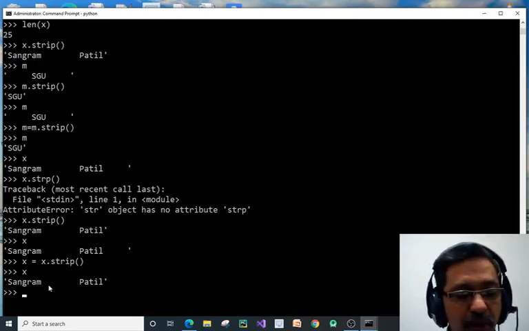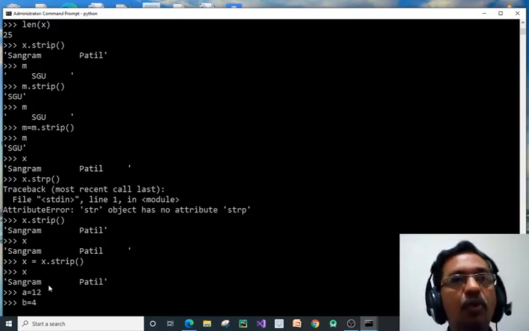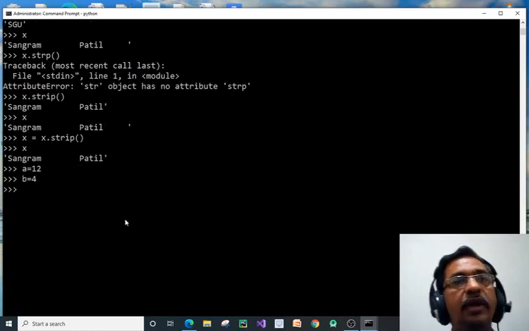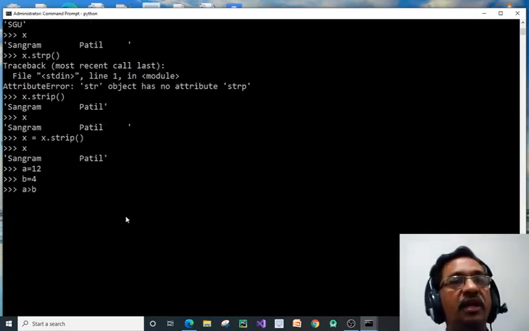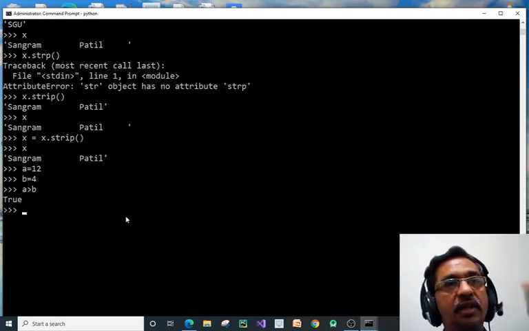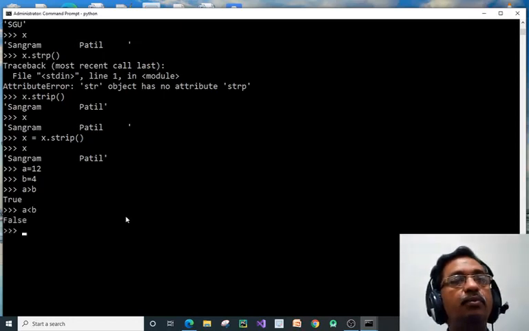If we use a is equal to 12 and b is equal to 4, the boolean data type means a greater than b. This is the relational operator which checks whether the value of a is greater than b. So it gives you True. True is a boolean data type. True and False are the two values, either 1 or 0: 0 means False, 1 means True. But check the T: T is capital, it is case sensitive. a less than b gives False, because the condition is not satisfied.